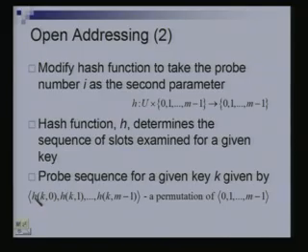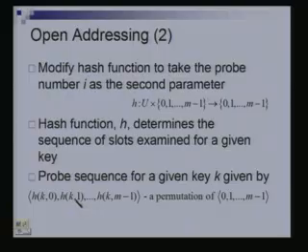I will look at this location in the table. If this location is occupied, then I have to look again, and when I look again, the next time I will have a value of 1 as the second parameter. The first parameter is still the key k. So, I will now compute the value of the hash function for k comma 1, and this gives me some other location in the hash table, and so on and on.